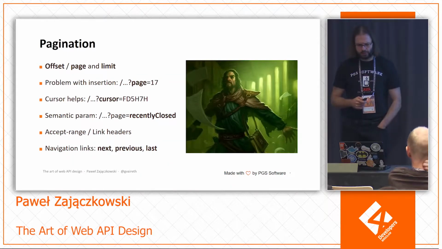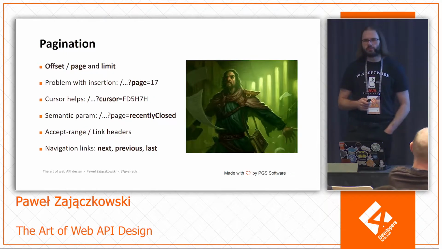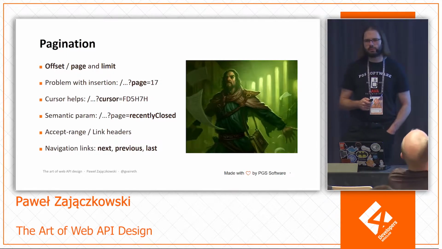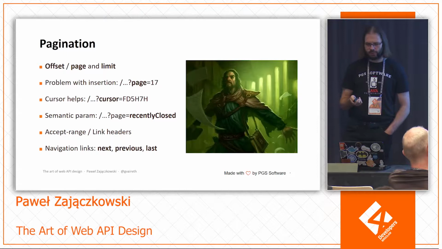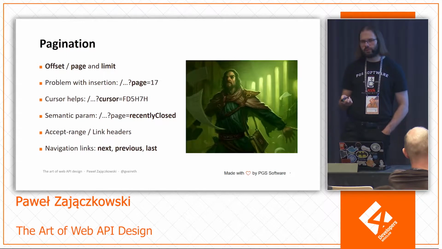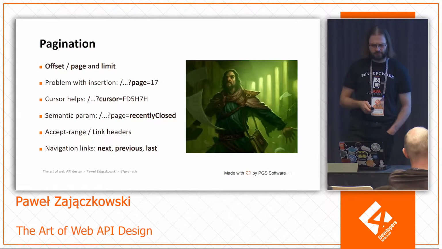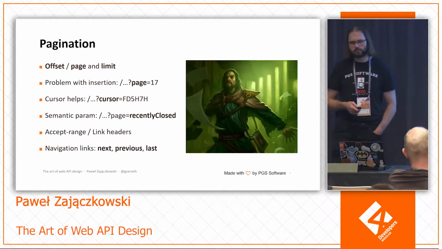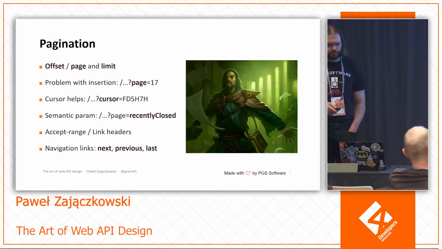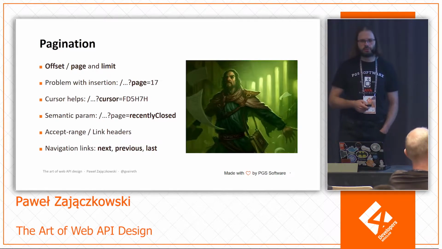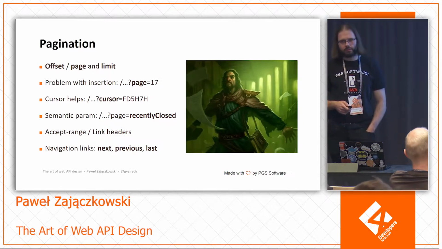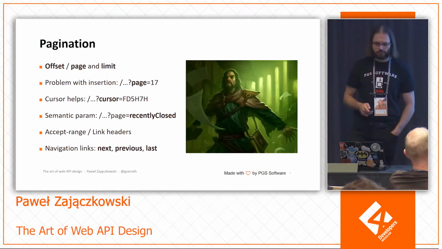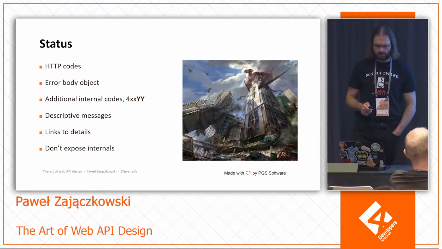Something between pagination and, let's say, searching is an idea to create a semantic name of the page. For instance, if you have a ticketing system and you want to have recently closed items, you can say, okay, I'm looking for an item with specific status and modification date or something, and just name it recently closed as a convenient method for the developer. We can also specify the parameters of collections in a header, the Accept-Range header. And it's a good idea to always provide some links to the next page, previous page, maybe the first one and the last one. That's more or less about collections.